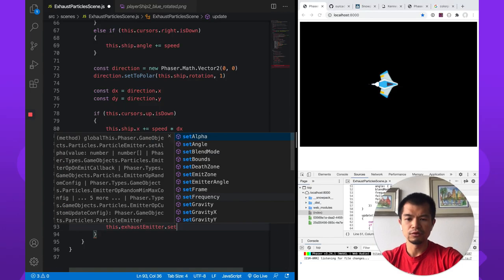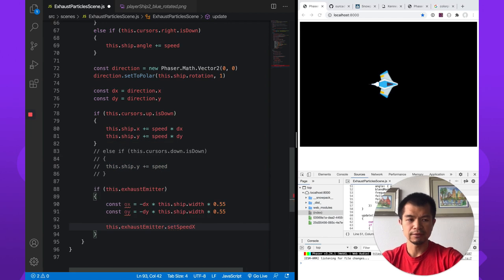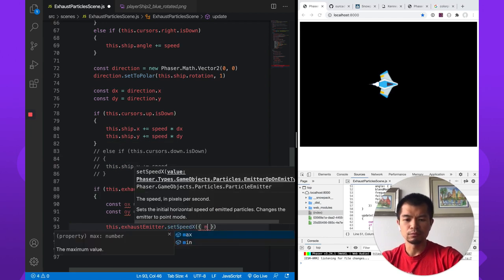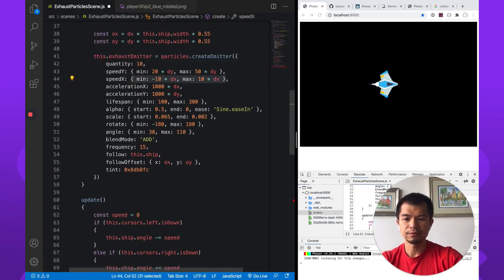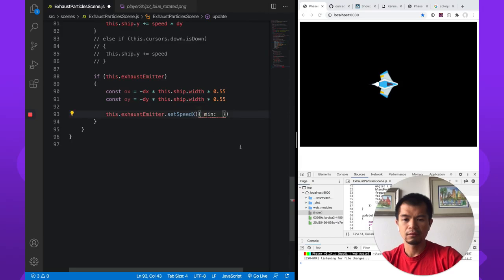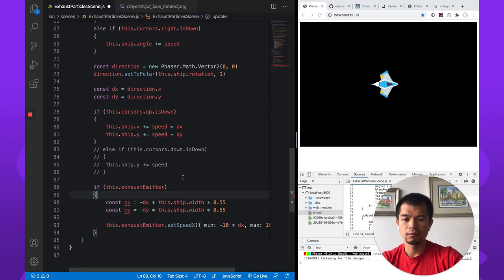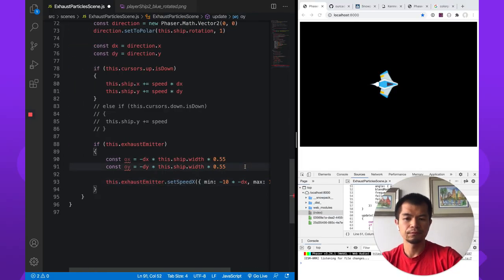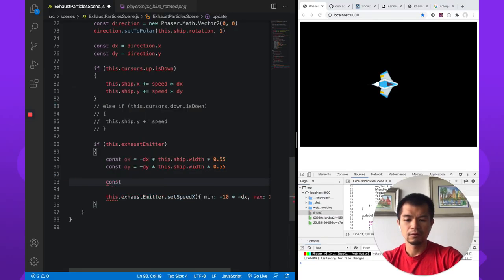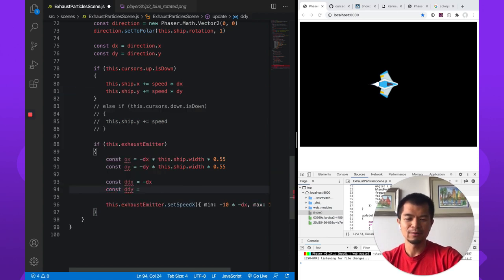So let's first do the speed. So speed x, we're just going to basically drop this in here again. So speed x, just copy this. Right. So we're going to want this to be minus dx. Okay. Let's make that easier. Const, let's call this ddx. Const ddy. I mean, there may be a better name for this, but